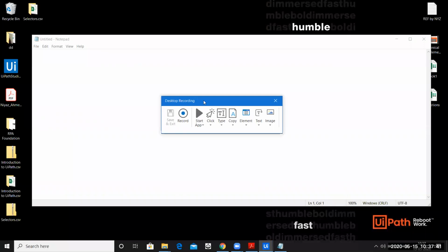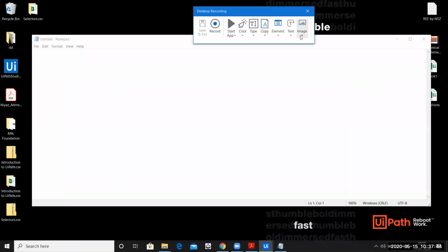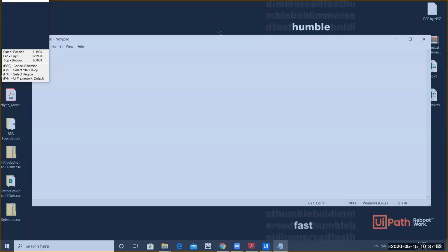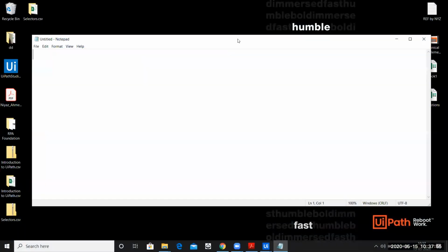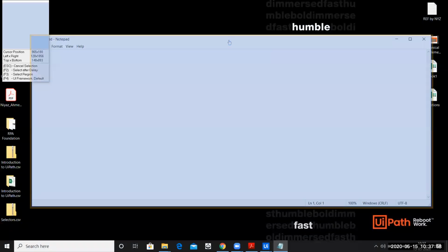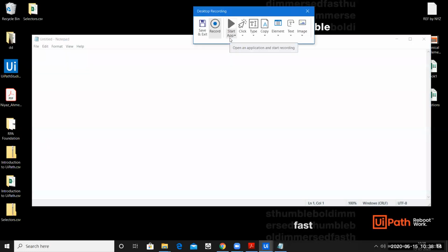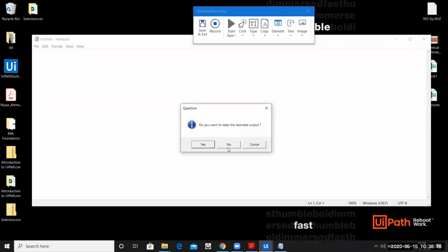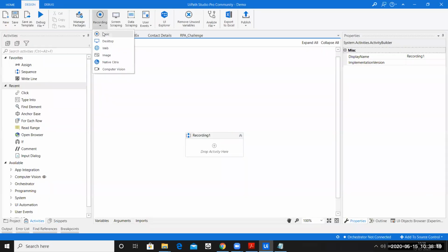Now if you see carefully, instead of using all those activities present here, I'll directly say I want to record. I'll say record. You can see the recording has been started. So the first thing is the notepad application. Now nothing is happening over here because in the recording, we cannot start the application. In the recording, we can do only the very basic things, such as clicking and typing. So I'll just delete everything from the recording and do the recording again.